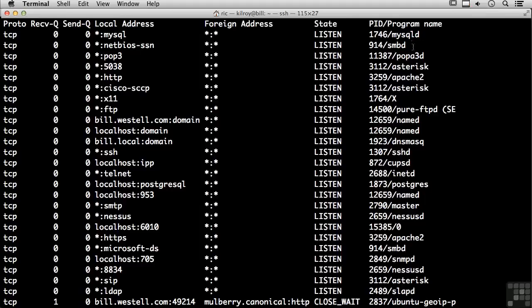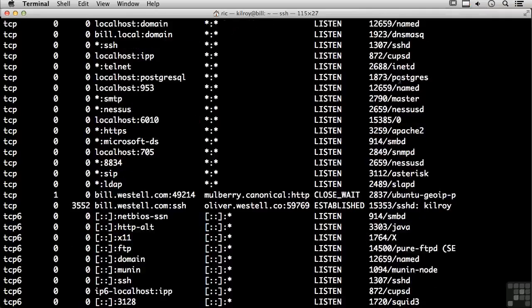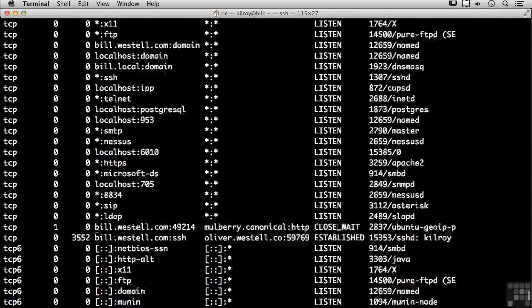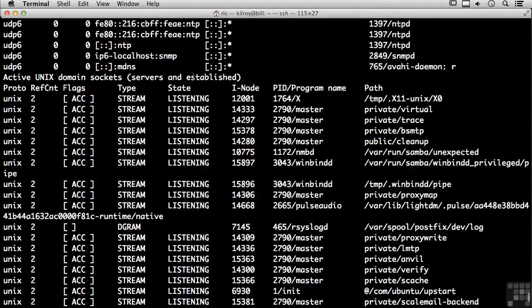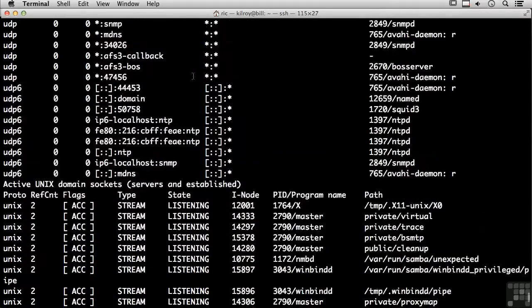The POP3 port is POP-A3D. I can see the programs that are actually attached to the different communications that are going on my system. So I can see everything that's happening from a networking perspective. You can look on the right-hand side and you can see the program or the service that's actually making use